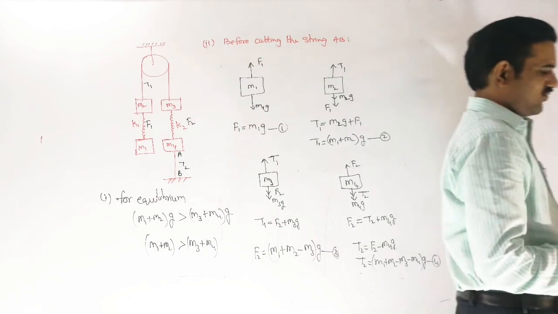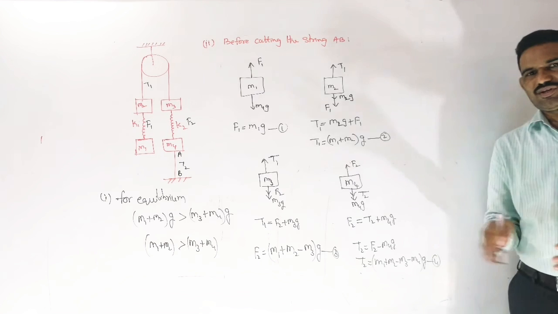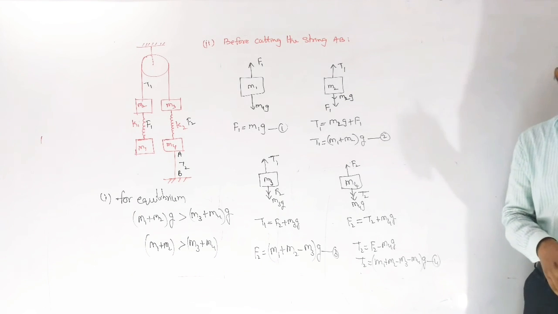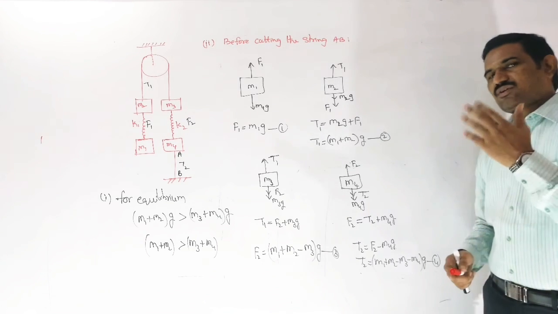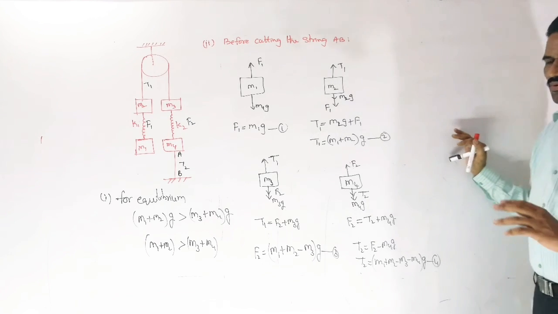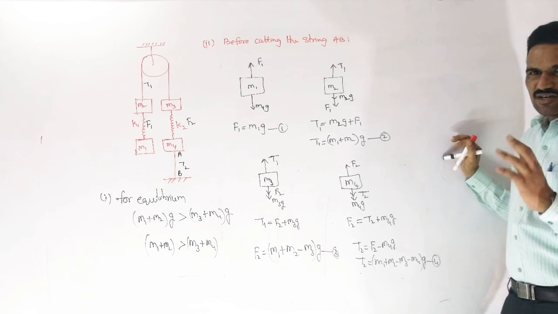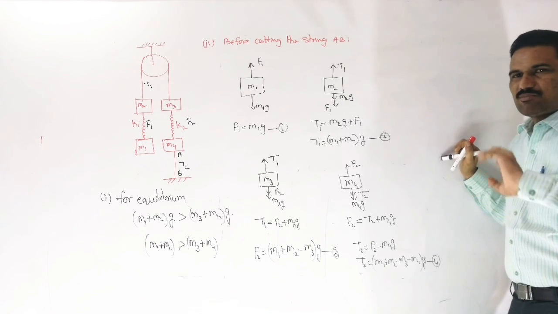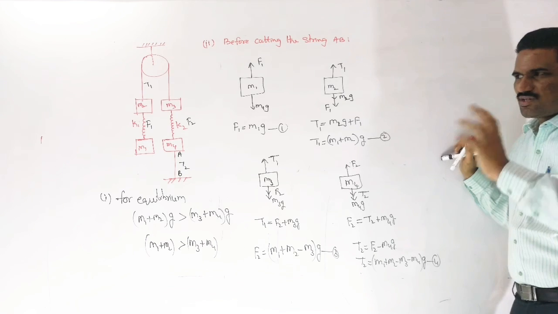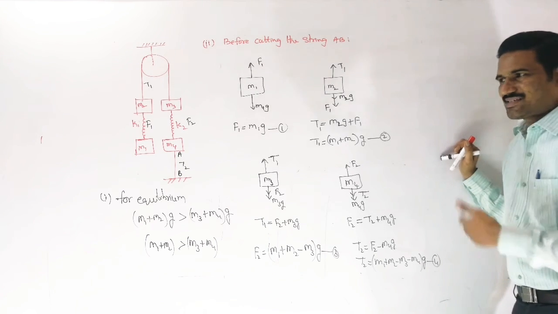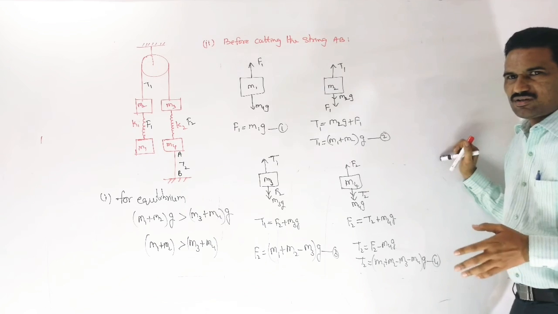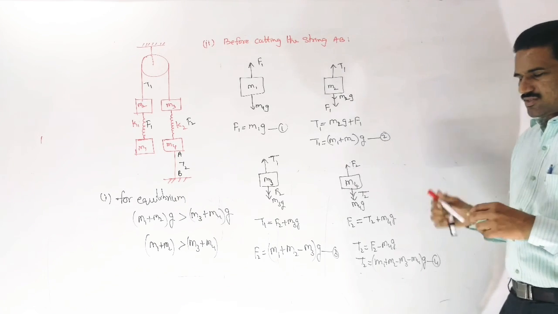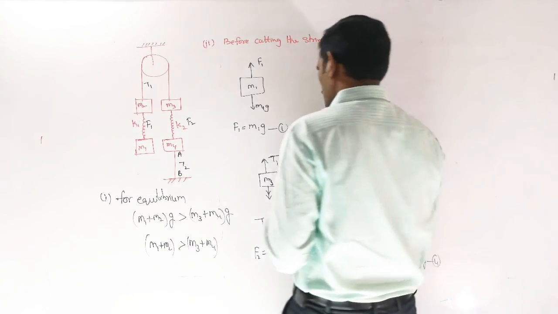So those are the F1, F2 values and T1, T2 values, and those are the force equations just before cutting this string here. Now just after cutting, you need to remember that in all the problems we are going to discuss only the situation just after cutting, right? If you allow some time, then some changes will take place in the spring, so the spring force also changes, and then the accelerations of the different blocks will be different. But here all the questions will be based on just after cutting the string only.